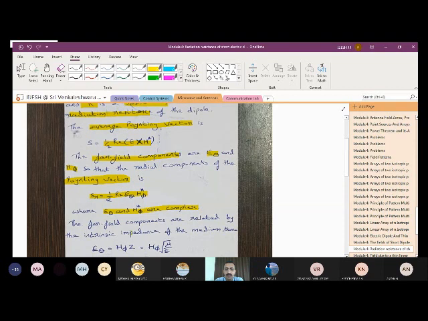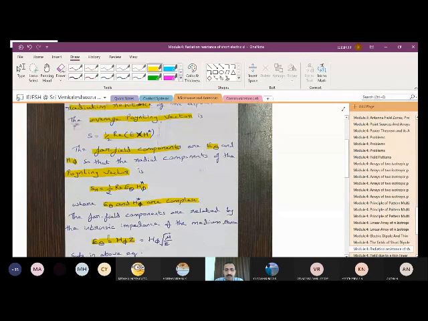So we have to understand that the ratio, that is E theta divided by H phi, can be written as Z, or E theta can be written as H phi Z. These are quite known equations, that the electric and magnetic field components can be related, like E theta is equal to H phi Z, and Z is called the intrinsic impedance, and you can write it as H phi root of mu by epsilon.